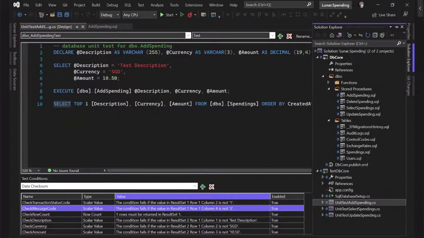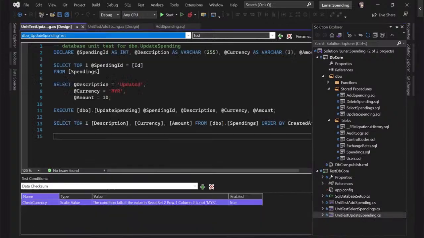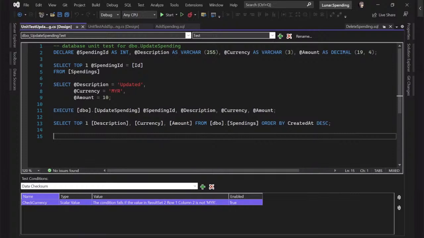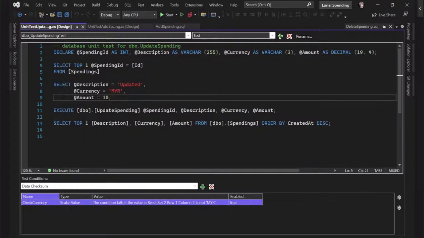So same thing for other tests. For example, maybe I can choose select. Yeah, select. So you key in, pass in all the parameters into the stored procedures. You execute, then you return. Then we make sure that, for example, this one, the currency is still the one that we inserted. So actually, when I did this demo at home, I realized that it actually helped me a lot